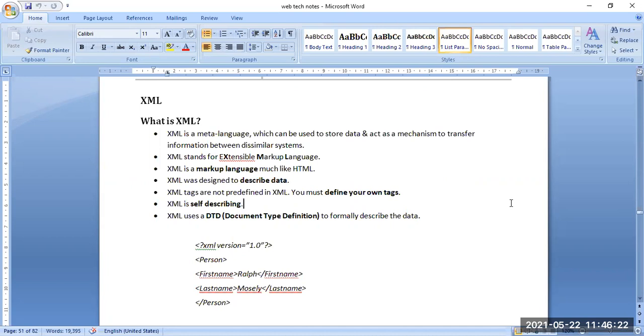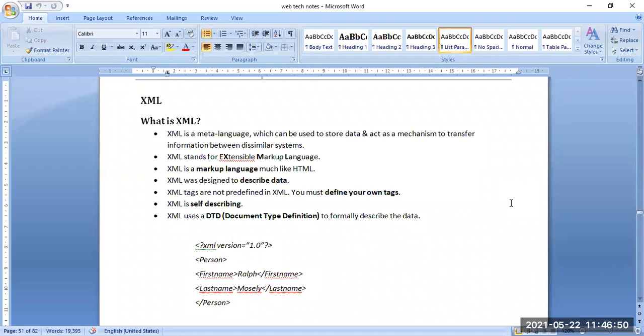XML is used for describing data, and it is a defining process: we have to define our own tags. No tags have been defined previously.